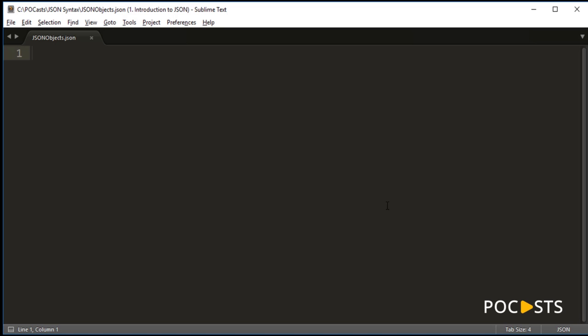So let me show you how you write objects in JSON. Okay, so we have seen arrays, right? Now we will see objects. We will see a basic object, like how you define an object, and then we will see an array inside an object. Okay, so the first thing, when you define an object, you need to have a key,